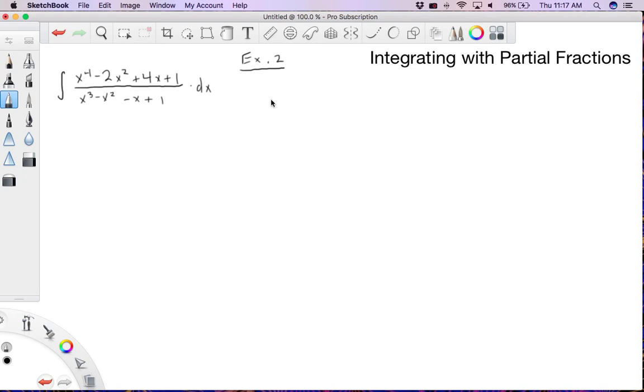So one thing you might notice about this example is that the degree of the top is larger than the degree of the bottom. So we have an x to the 4th on top, and we have an x cubed on the bottom. So actually what that means is we're going to have to do long division first. So we're going to have to take x to the 4th minus 2x squared plus 4x plus 1 and divide it by this one. So we're going to get an x